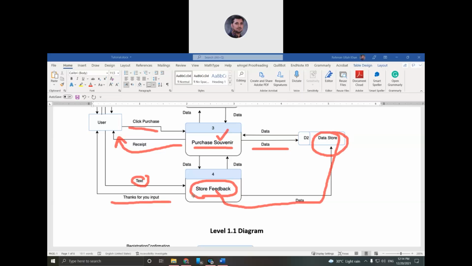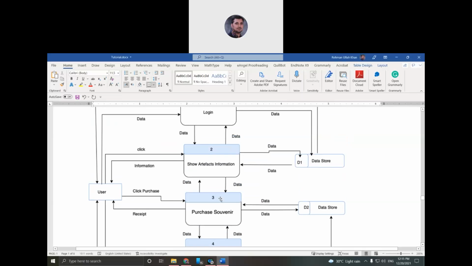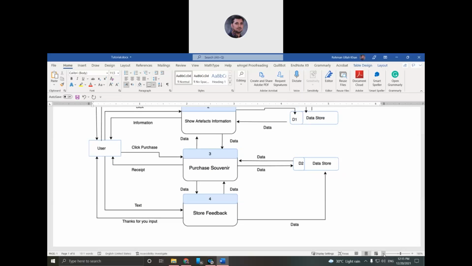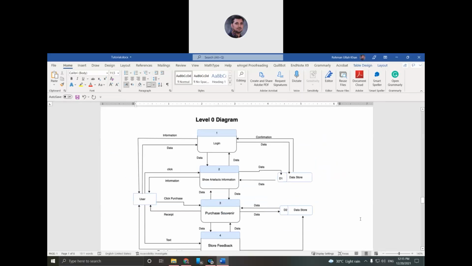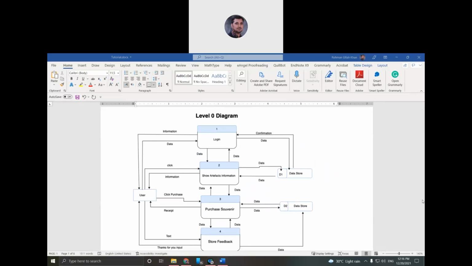So you see, this is the level 0 diagram. Okay, this is a level 0 diagram. We didn't provide the logout and registration here in the login process, because why?